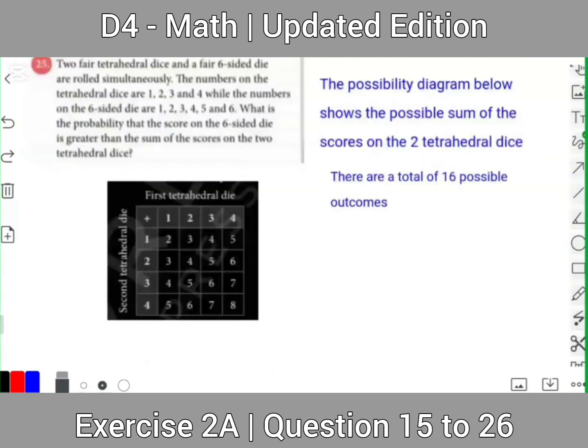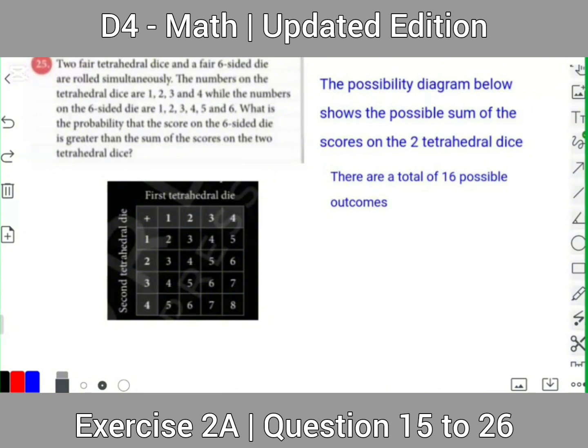Now the question 25. Two fair tetrahedral dice and a fair 6-sided die are rolled simultaneously. The numbers on the tetrahedral dice are 1, 2, 3, and 4, while the numbers on the 6-sided die are 1, 2, 3, 4, 5, and 6. What is the probability that the score on the 6-sided die is greater than the sum of the scores on the 2 tetrahedral dice? So the possibility diagram below shows the possible sums of the scores on the 2